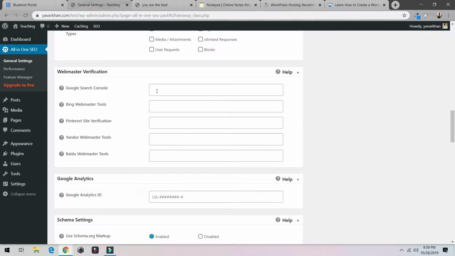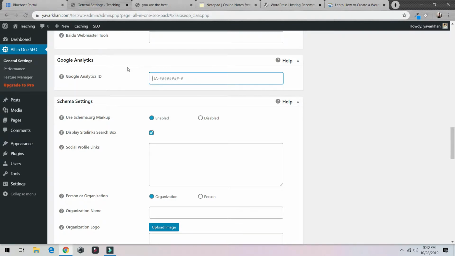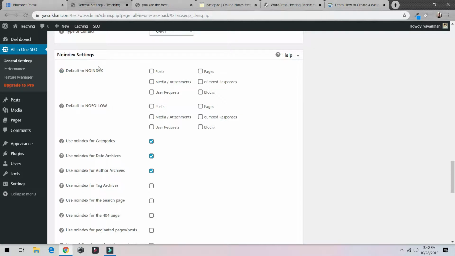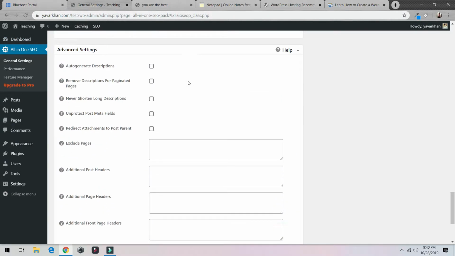This section is used to verify your website with Google. It's really easy. Again, all you have to do is click here, read the documentation. This is for Google Analytics. Okay, I'll just explain this one. Default to noindex. So basically these are pages or posts which you don't want Google to index. That would be anything regarding forms or projects which you don't want Google to index. Everything is here,